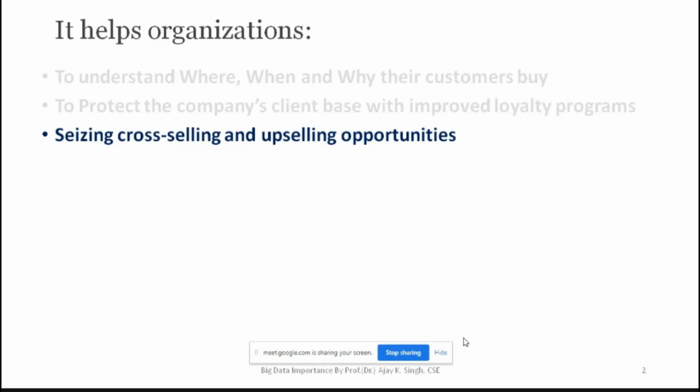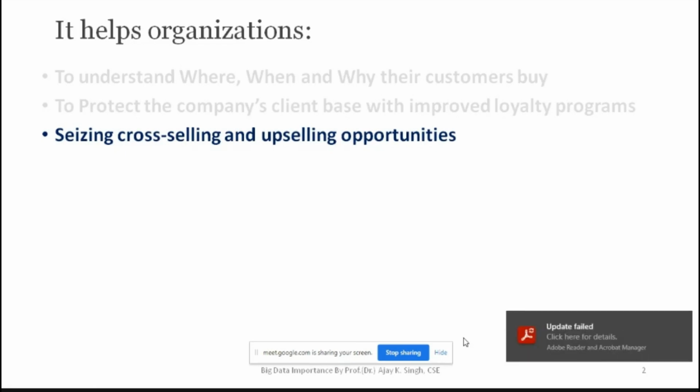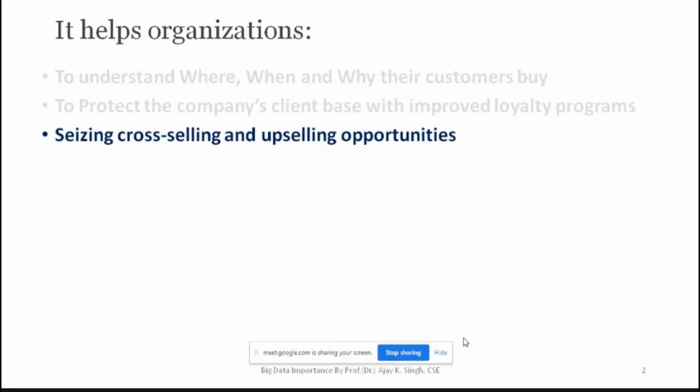So the moment the customer sees that bread is there, he's going to buy egg also, butter also, or jam also. Even though something is there in his house, still he is going to buy for future use. So I'm going to buy jam because after 4 or 5 days, I'm going to again come back to this particular shop. So if you put the entire stuff nearby, this is what is called cross selling, isn't it? Is it okay? Cross selling.